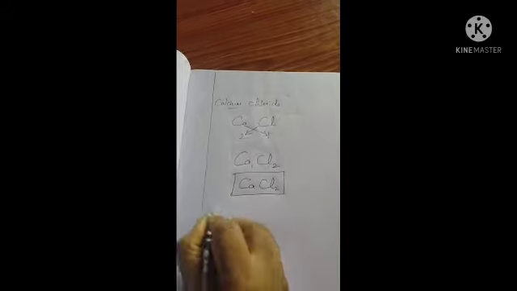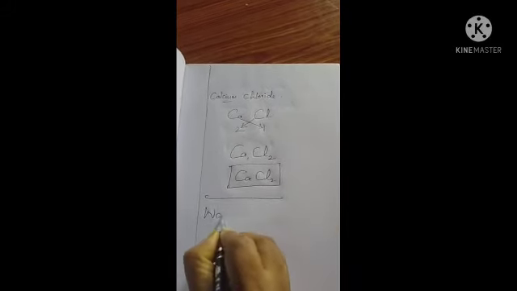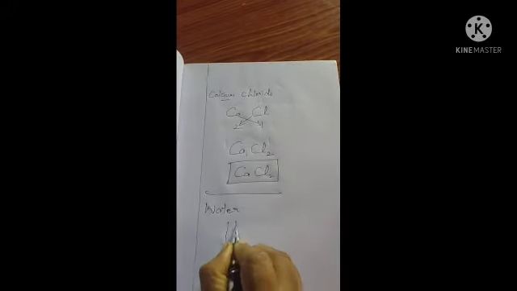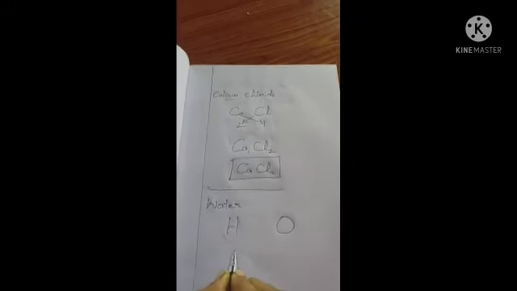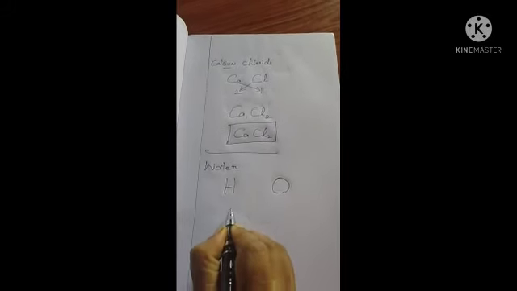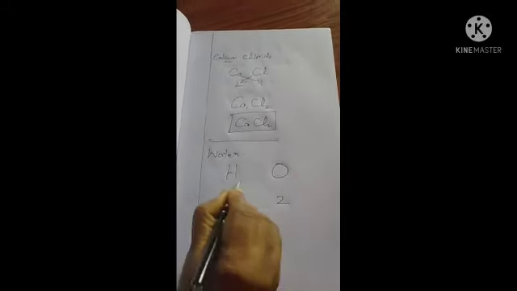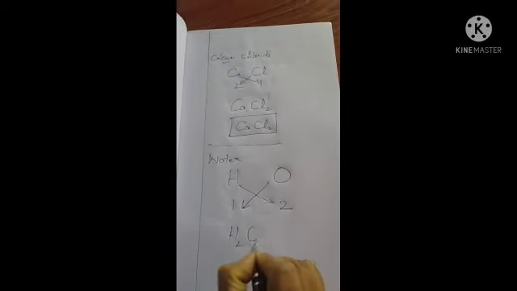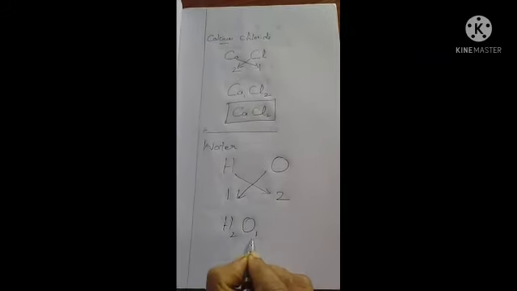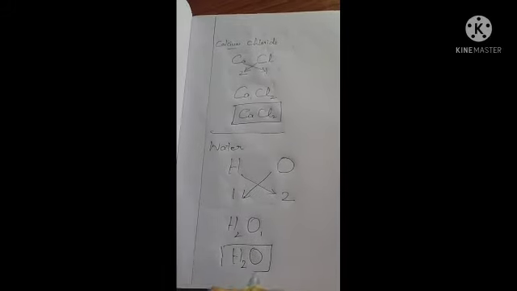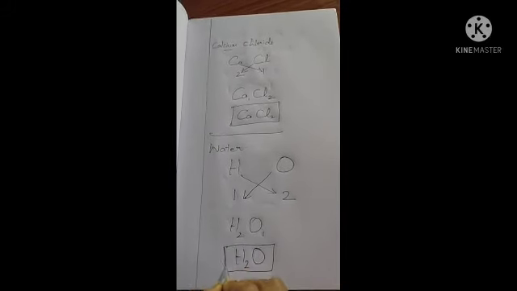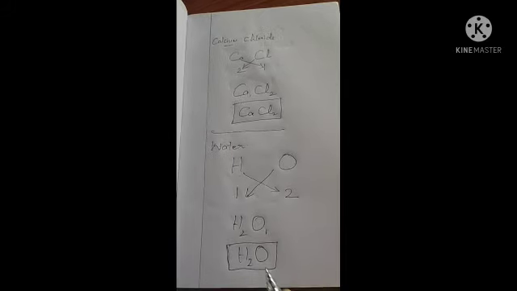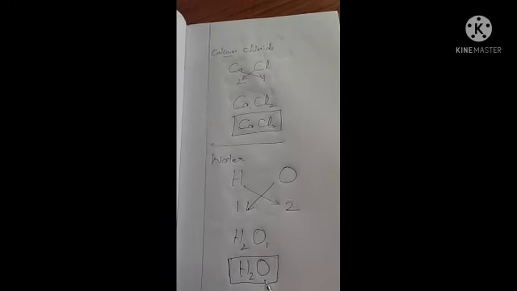Okay. Next, H2O, water. Water we all know, hydrogen and oxygen are present. What's the valency for hydrogen? 1. Oxygen is 2. Cross over both, we will get H2O1. Is it? So, H2O1. Divide both by 1. Is it? So, you will get the same numbers. So, we can write H2O. This is the formula for water. Is it? Water, H2O. Have you all understood how to write the chemical formulas for compounds?